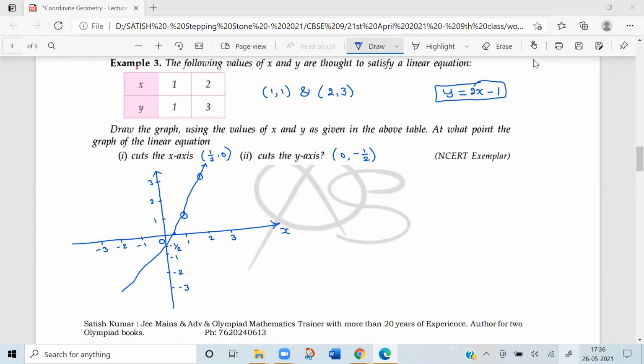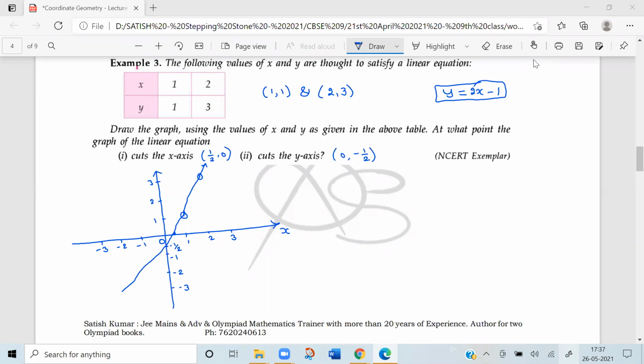Yes, sir. So here we have plotted the points (1, 1) and (2, 3), and then we have joined and produced the line. It is intersecting the x-axis at (1/2, 0) and the y-axis at (0, -1/2). Now let us try to guess the equation of the line in terms of x and y from the points. So it will be y = 2x - 1. You can verify. How to find the equation, you will learn later using the slope concept, in the higher classes. So here at least you can guess it if possible.